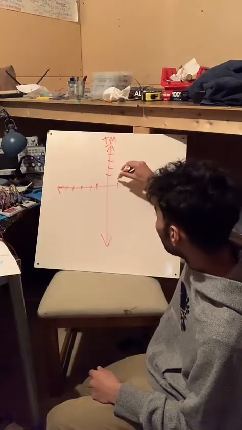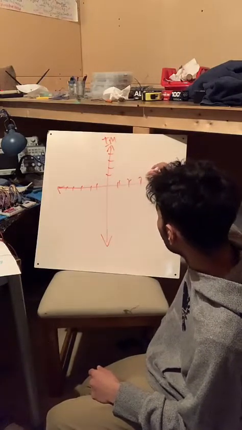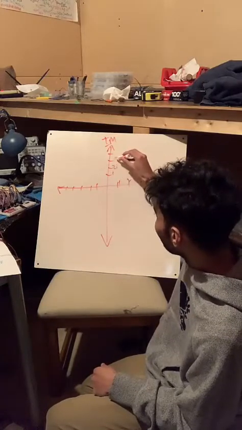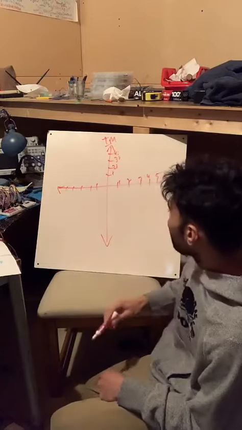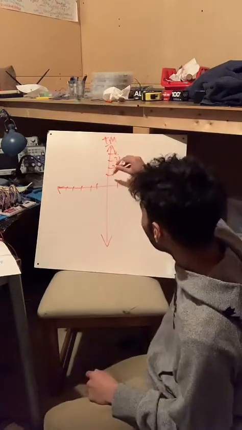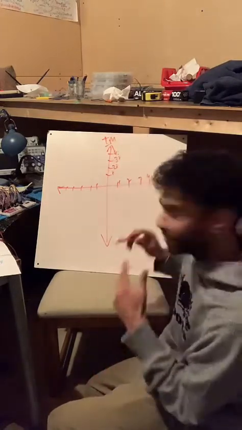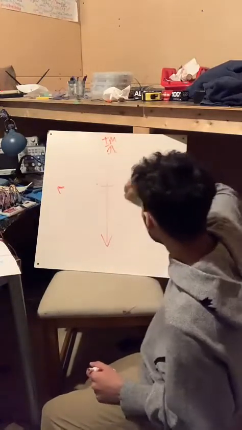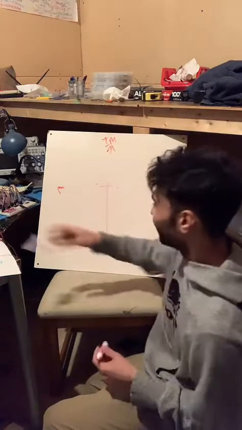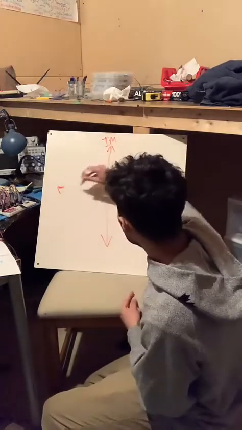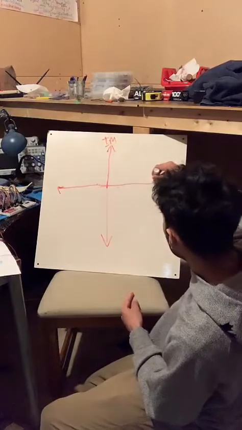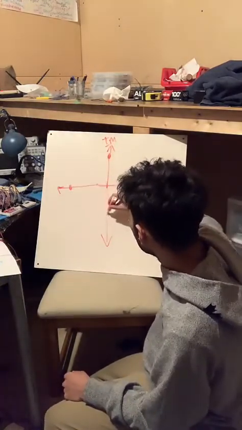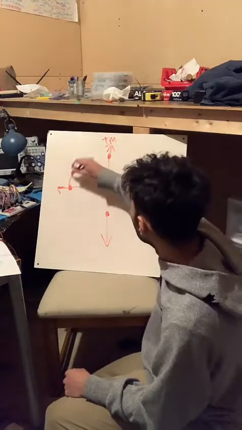Now, remember how I said this is 1, this is 2, this is 3, this is 4, this is 5. Similarly, this is I, this is 2I, 3I, 4I. So now we have the imaginary set and we have the real set. Let me erase all these ugly lines, because we want to draw a circle now in this plane. Let's draw a circle here. I'll show you something very beautiful.